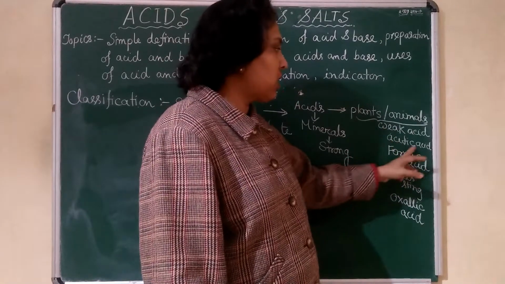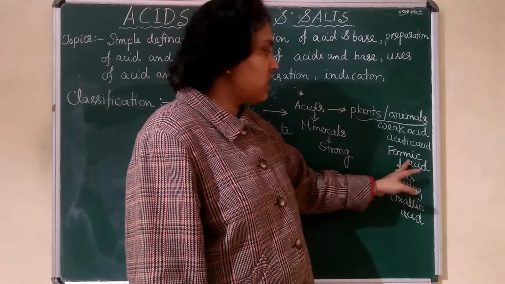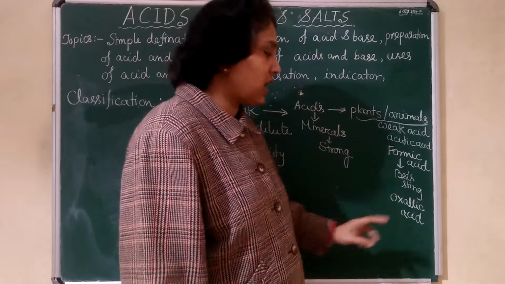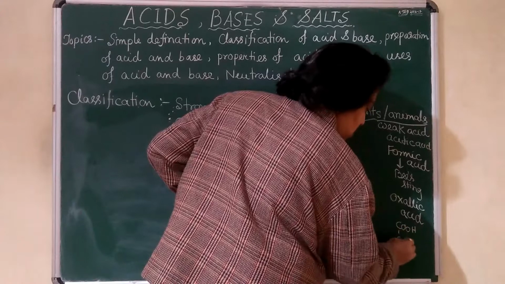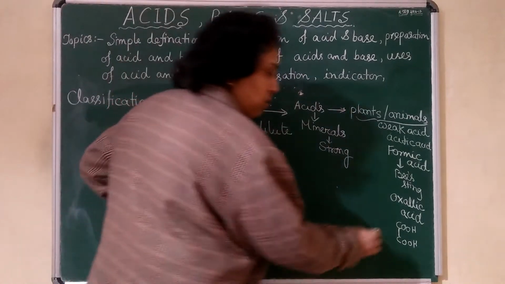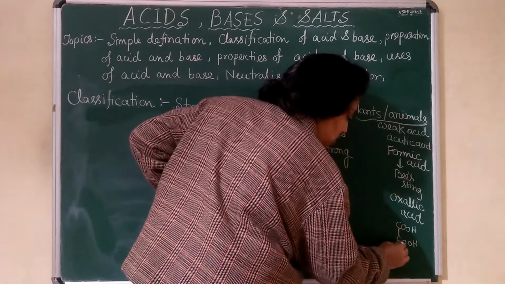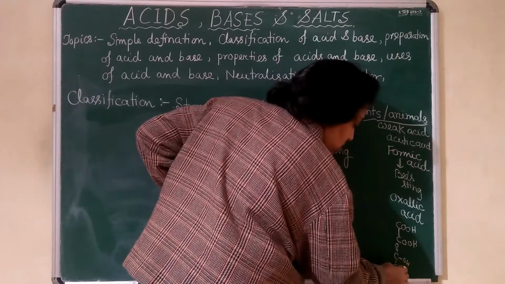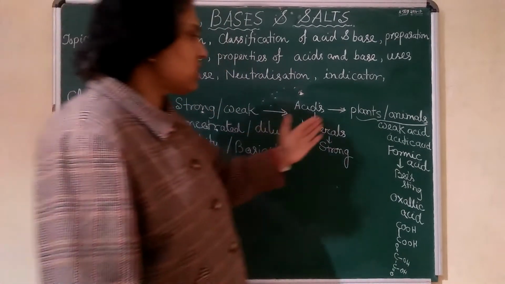If you know organic chemistry, then you know acetic acid is CH3COOH, formic acid is HCOOH, and oxalic acid has 2 molecules of carboxylic acid, COOH and COOH, both joined with carbon. If you want to see whether the bond is satisfied, carbon has 4 hands, so one is a double bond to O, and this one is OH. So the bonding is also satisfied.